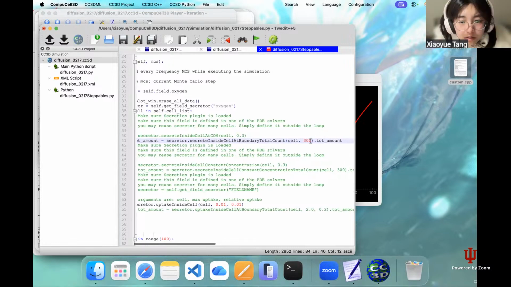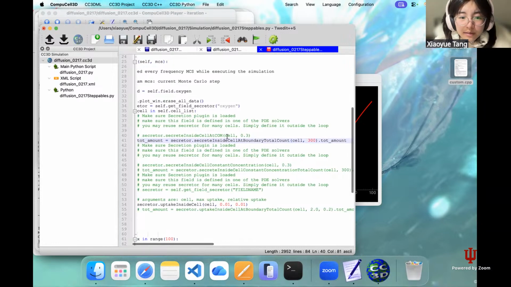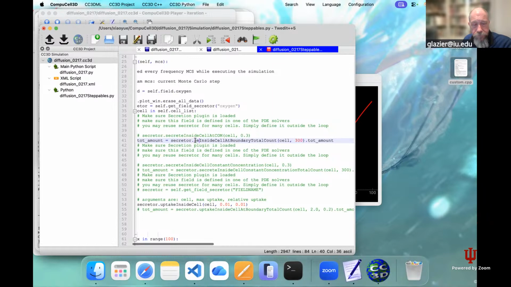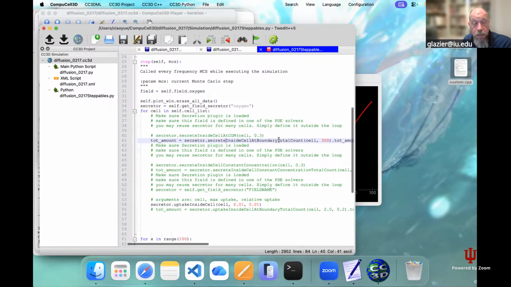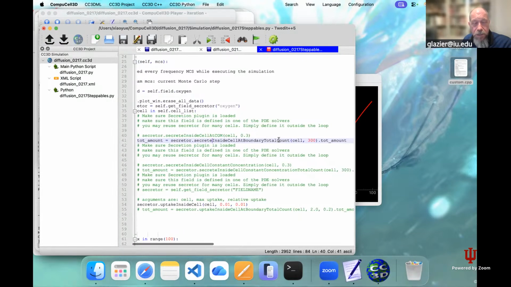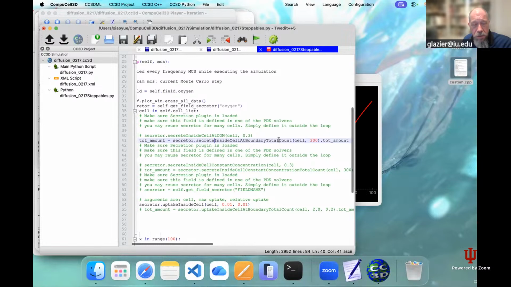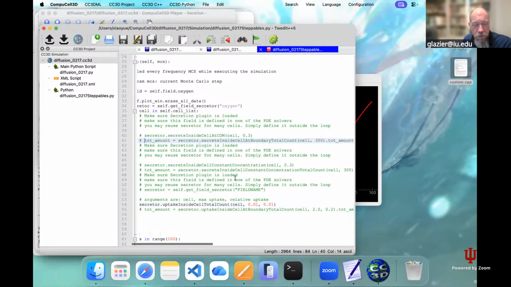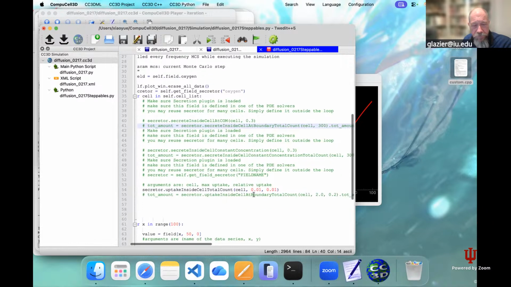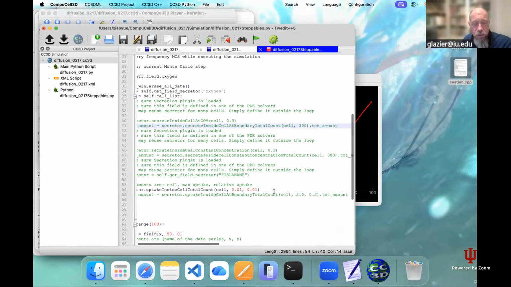This one is for secretion, so I'll change it, but it'll work. If you want to try editing it yourself, that's okay. All you need to do is copy the words total count and paste them at the end of the uptake command. And now you have to make that equal to something. So look at the line just below, line 155. Total amount equals,